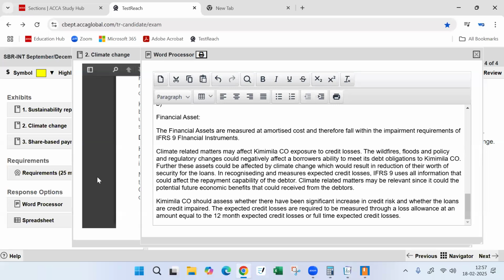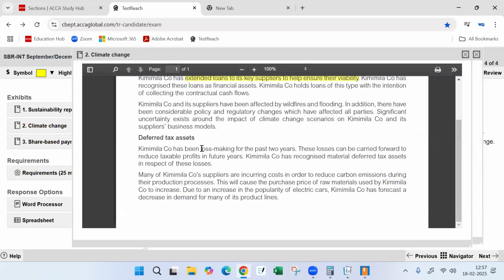Right? Now the next one is deferred tax. Kimimila has been loss making for the past 2 years. These losses can be carried forward to reduce taxable profits in future. Kimimila has recognized material deferred tax assets in respect of these losses. Many of Kimimila's suppliers have incurred costs in order to reduce carbon emissions during the process. This will cause the purchase price of the raw materials to increase. Okay. Due to an increase in popularity of electric cars, Kimimila's forecast demand decreased in many of the product